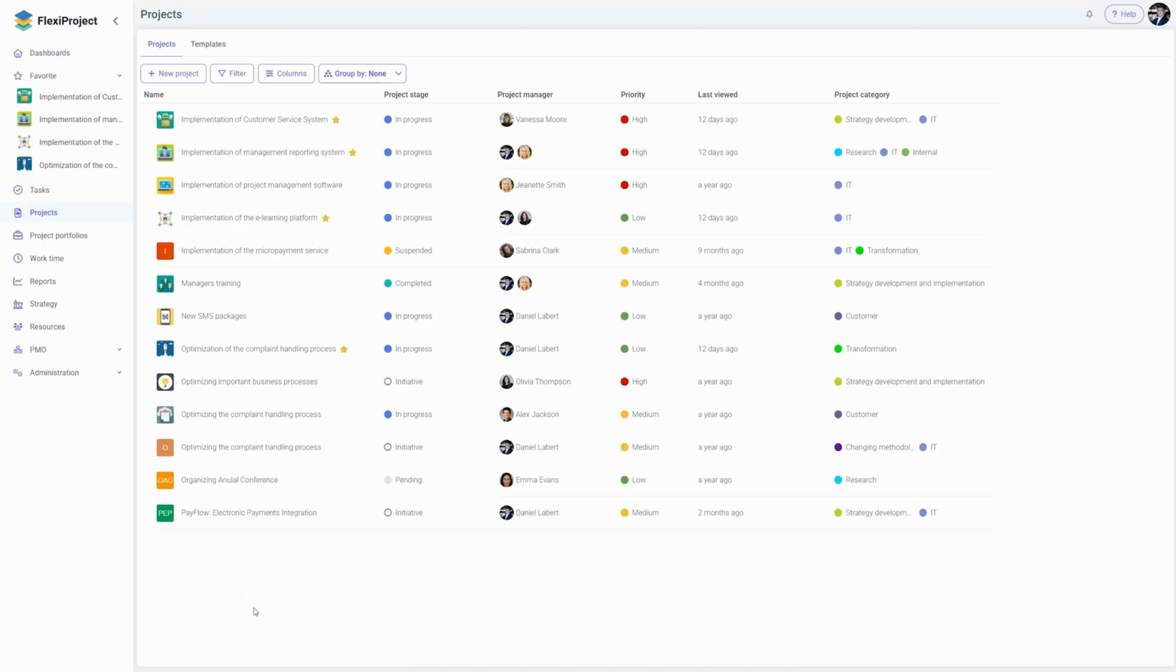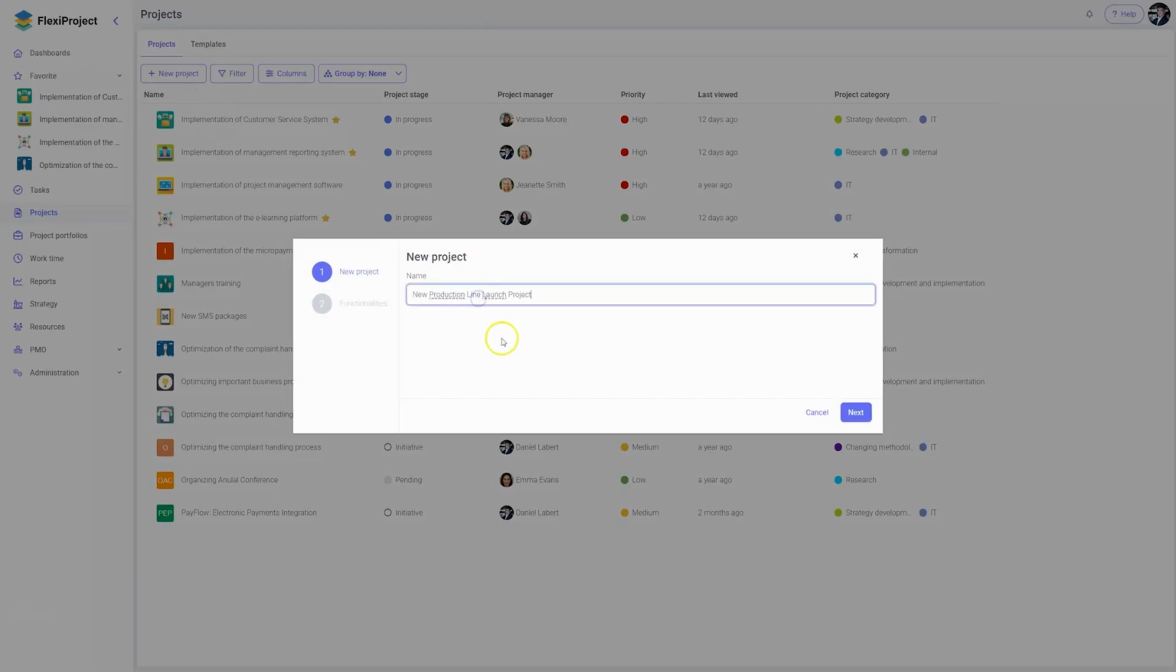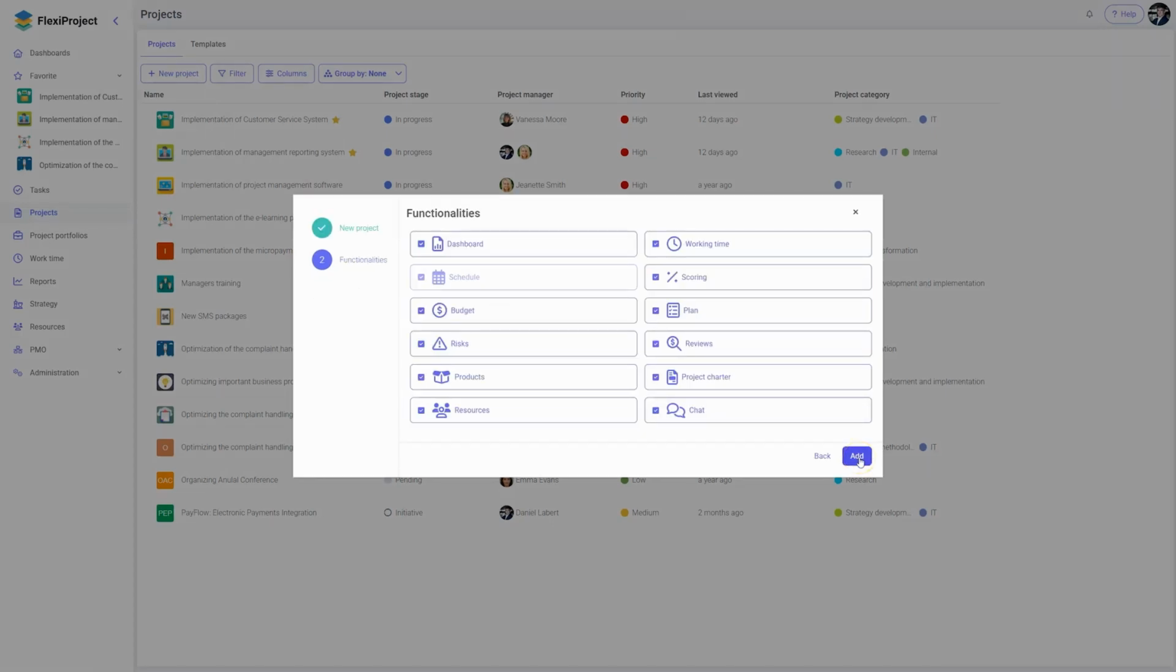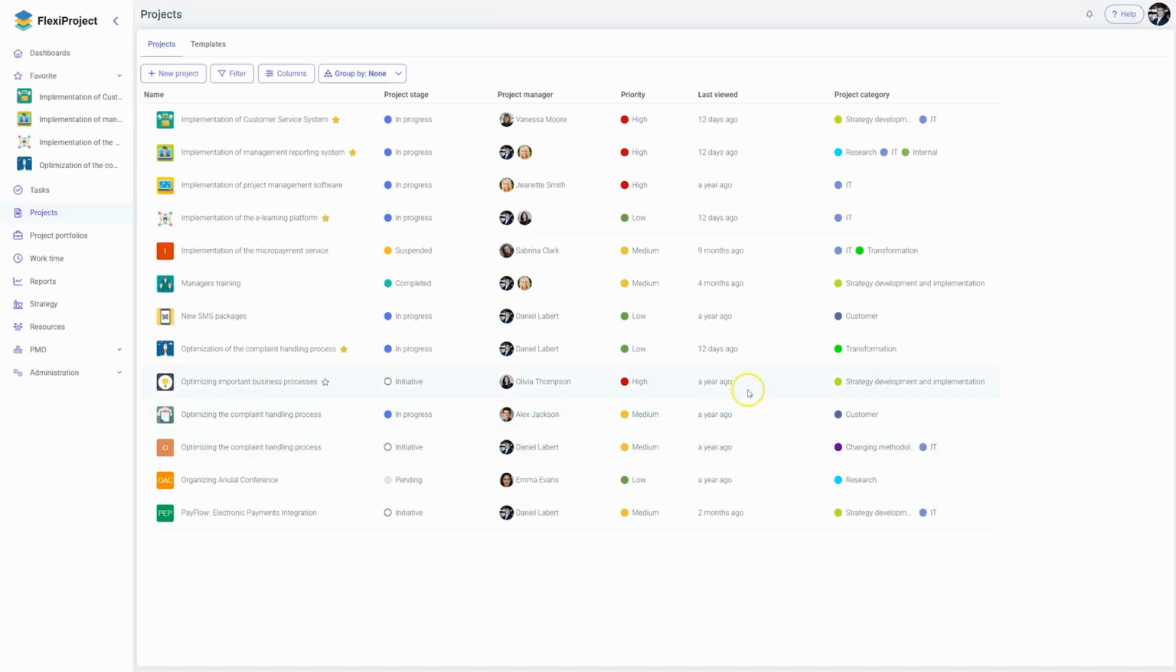Today, we'll talk about creating a schedule in FlexiProject. I click on New Project and add a new project named New Production Line Launch Project. Then I click on Next. I choose the features to include in my project, and after adding them, we notice that there are no tasks